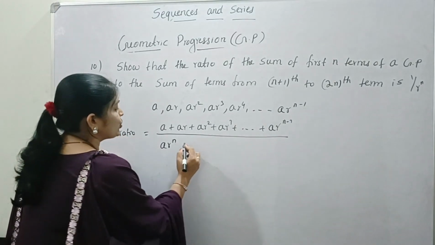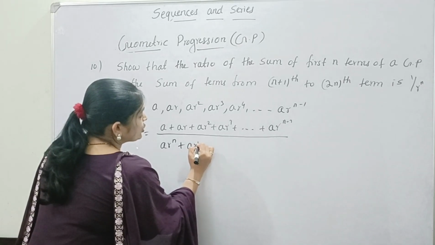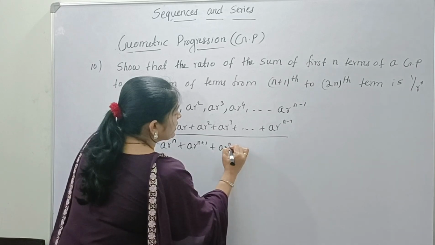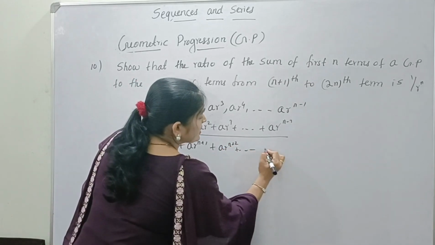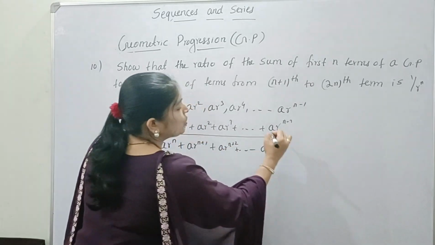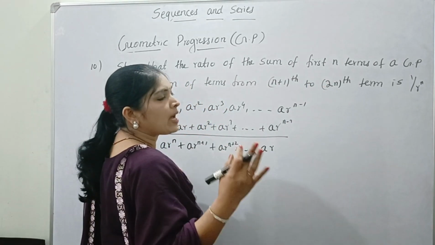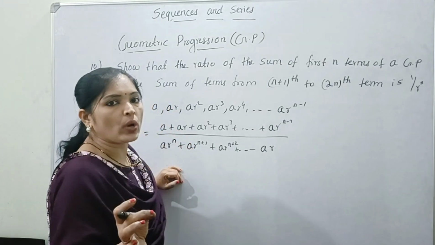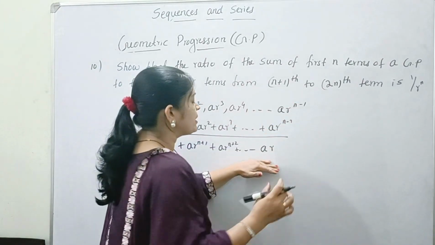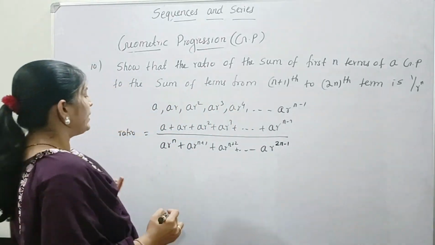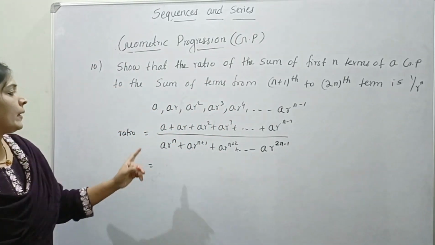So ar raised to n plus ar raised to n plus 1 plus ar raised to n plus 2, etc. plus ar raised to 2nth term. We know that the nth term is ar raised to n minus 1, so the 2nth term is ar raised to 2n minus 1. Now here,